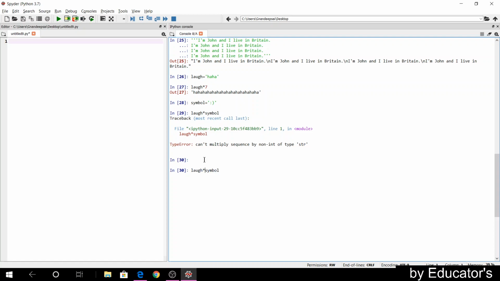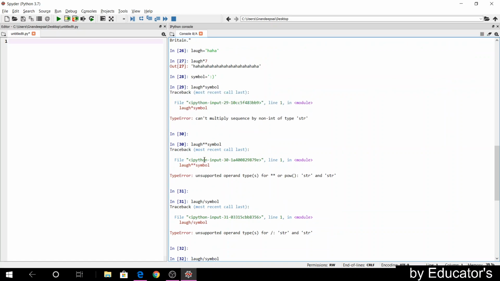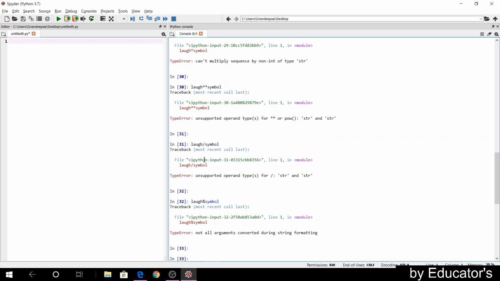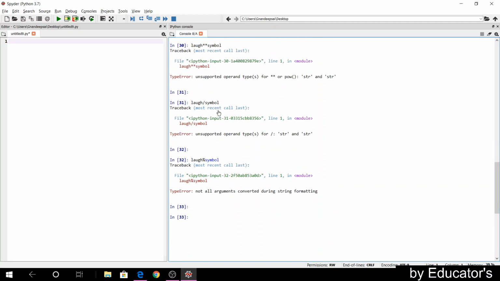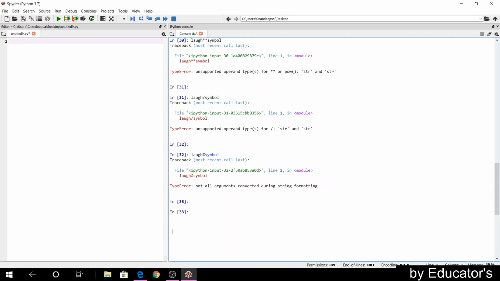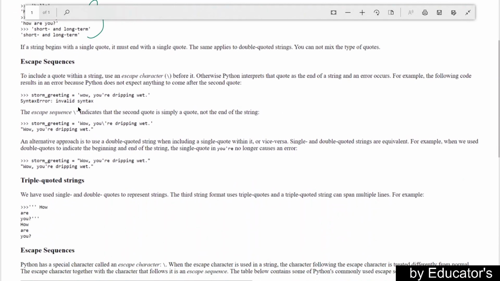You cannot actually do those things. Division is not supported, and the remainder modulo that we saw in our first video also is not supported. So these are all the things that are not supported by Python string types. In string types, these operations are not supported. And in the next video, we'll talk about more. But before that, yeah,